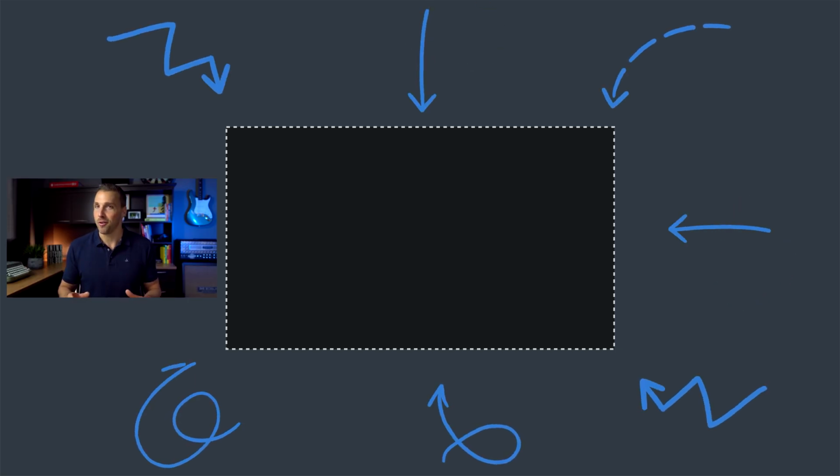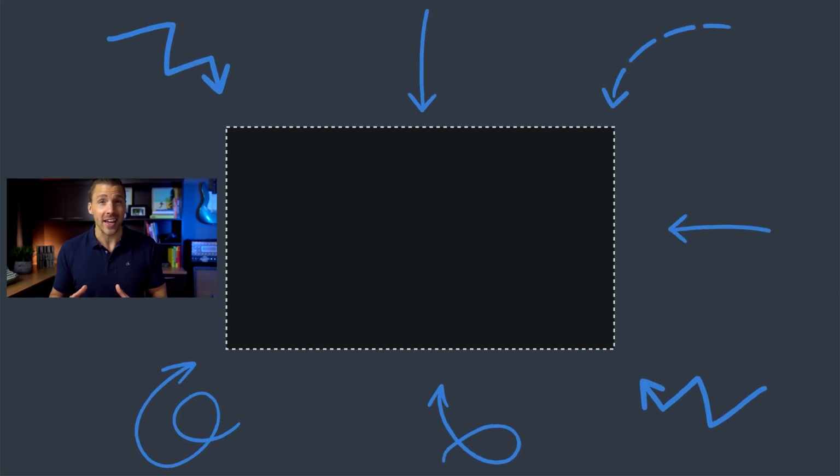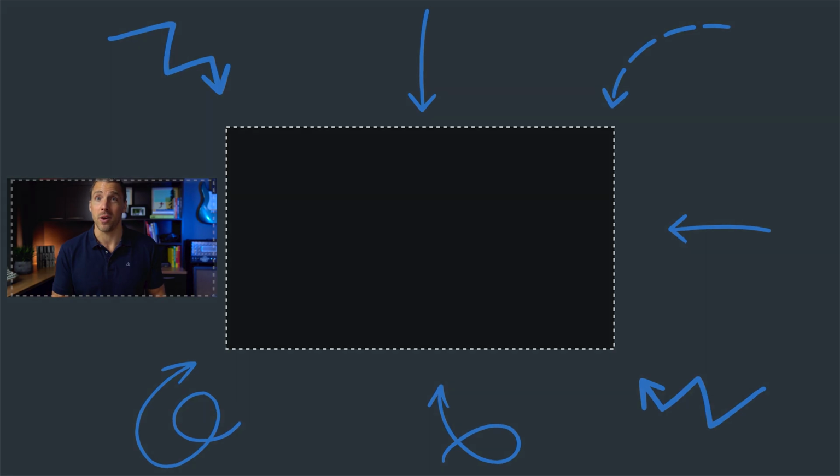And this is hugely powerful, because if you don't understand, and I mean really understand, what your ideal target market wants, then it's really unlikely that you're gonna be able to give them exactly what they want, which means